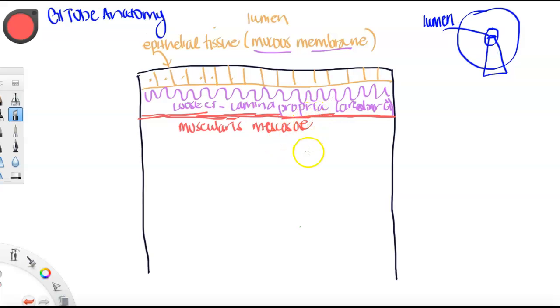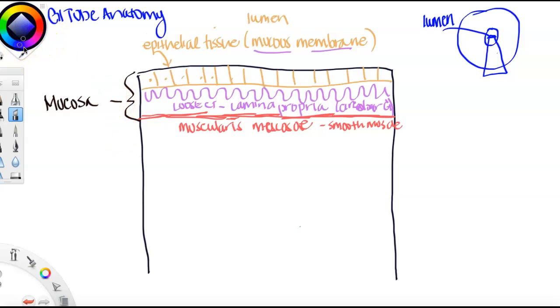So the Muscularis Mucosae. Again, that smooth muscle. Okay, so that layer is called the mucosa. Okay, the next layer